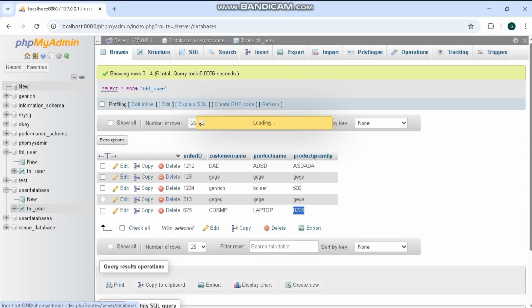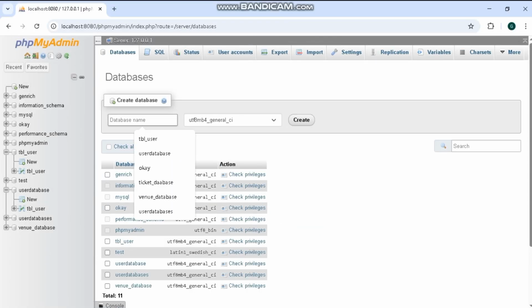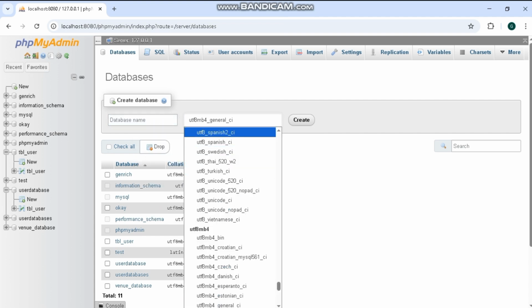Click new so that we can create a new table. Then, you can create a database name or your own name. You can use a different name as long as you can remember it. After that, you can choose the